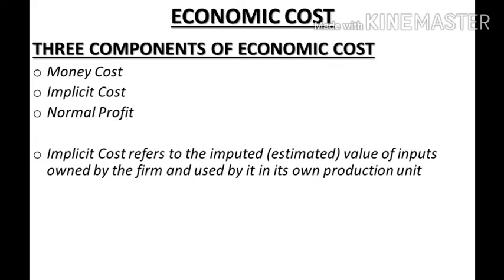Otherwise he is entitled to receive rent on his land, interest on the capital which he has contributed for his own business, or payment for other such services. Otherwise he is entitled to receive payment for all the factor services which he would have